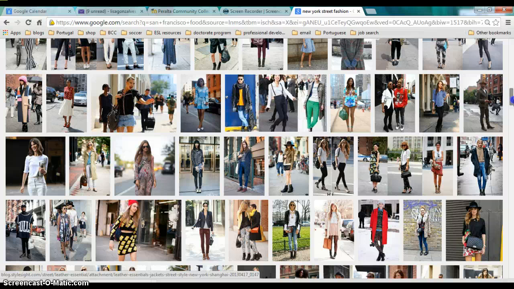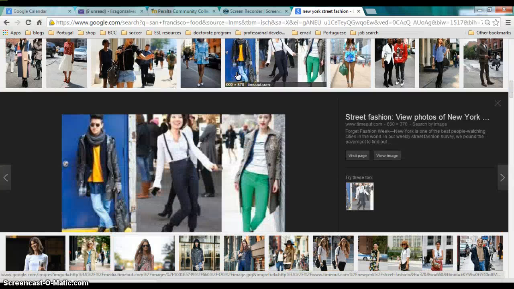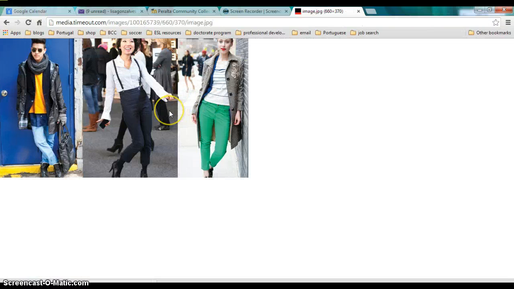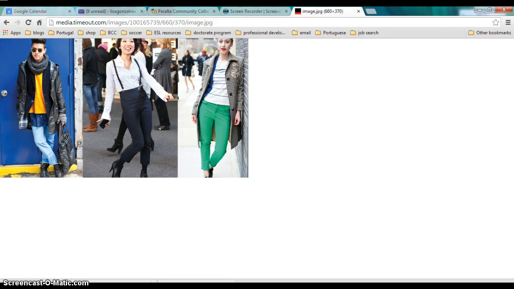And this guy is also super New York. Oh, look. This one gives me 3 pictures. I like that. So I'm going to click again on View Image, put my mouse over the picture, right-click, Save Image As, New York Street Fashion, save, and it's done. Go back,